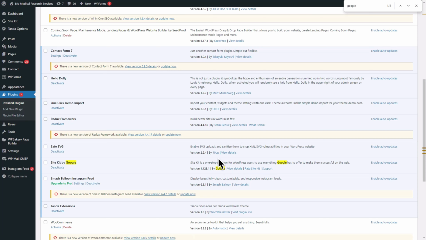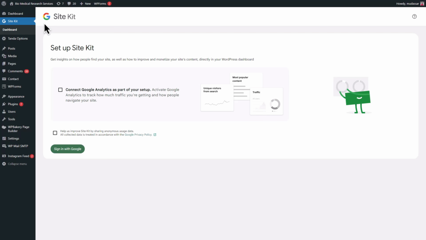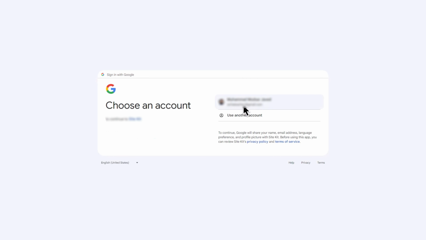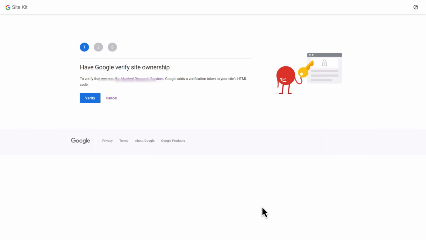The Google SiteKit will be available in the side navigation bar. Click on it to open. Now you have to sign in with your Google account. Click on Sign in with Google, choose your Google account, click on Continue button, on next page toggle on Select and click on Continue. Next, follow the on-screen instructions to add Adsense code on